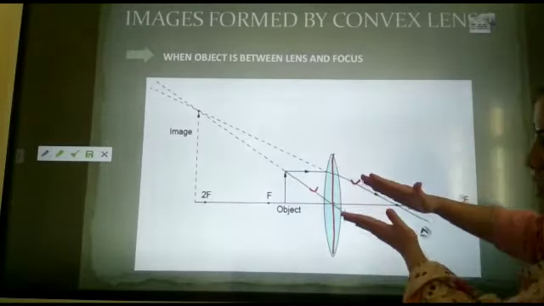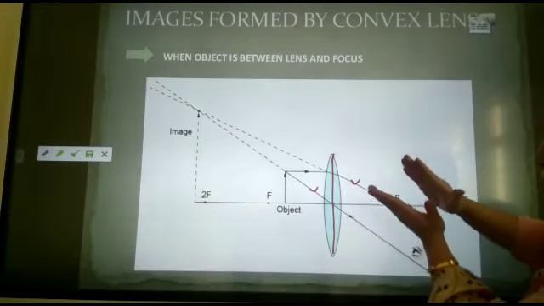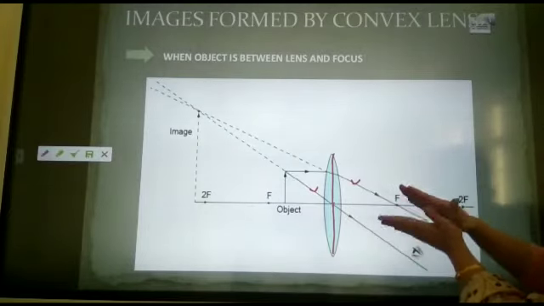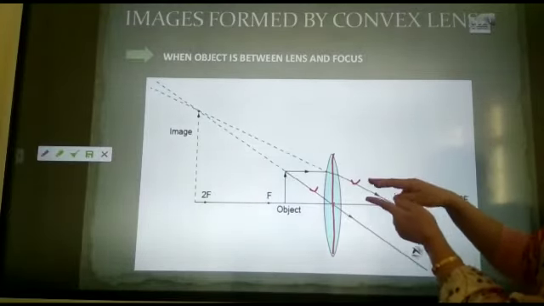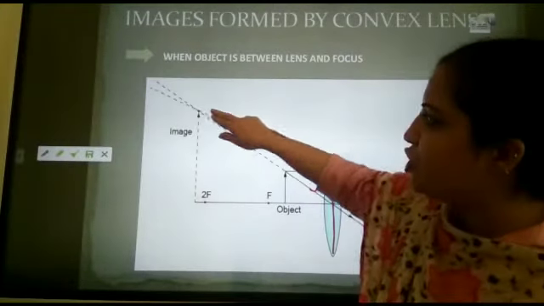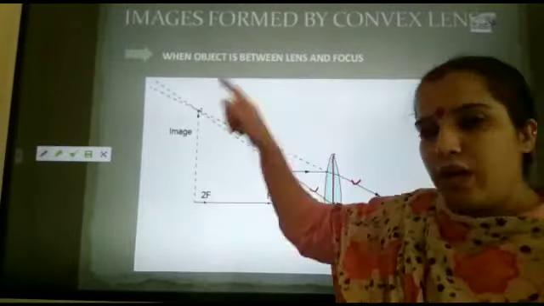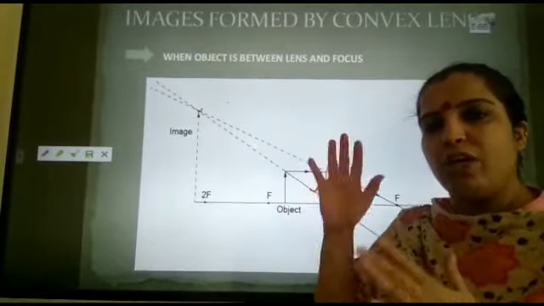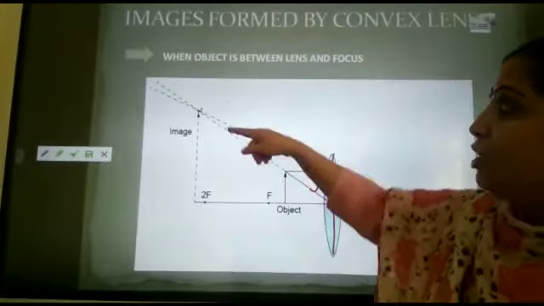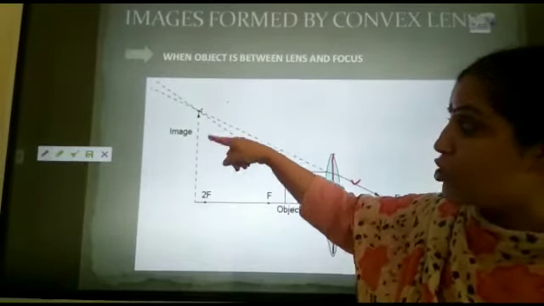So in this case, when we are considering 2 light rays, they are parallel. They are not meeting at any point. So in this case what will we do? We will extend them in the other direction. With the extension we get a point where they meet, and wherever the point is meeting, we have to make the image there only. So here the image is formed.